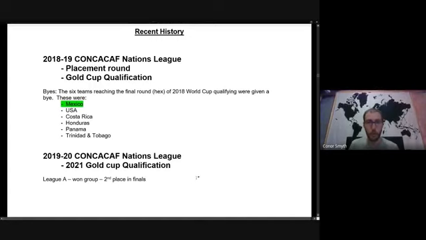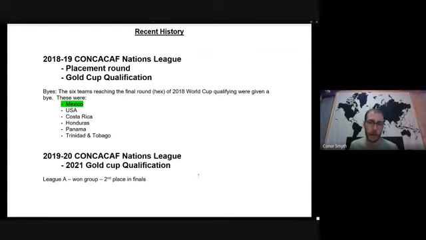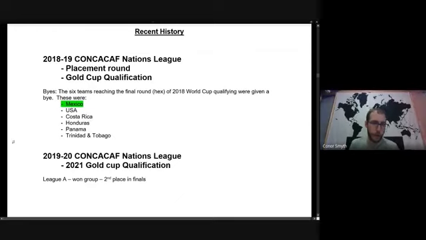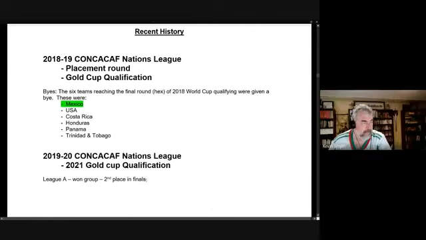So the next competition is for the 2022-23 season, and that will begin in May of 2022, and they will once again be in League A. Right, and maybe we should point out that those finals are a bit quirky. It's only the League A winners that play a little mini tournament for the championship of the region. Yeah, that's right. It's a set one-leg semifinal and final, just for the purpose of declaring an overall winner.